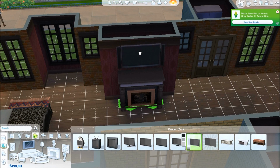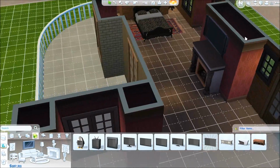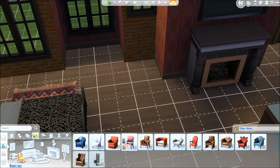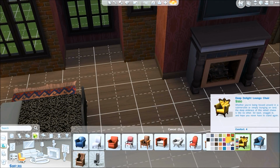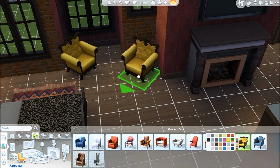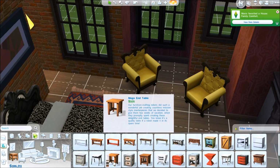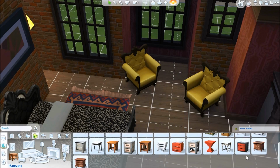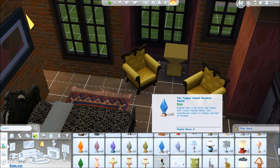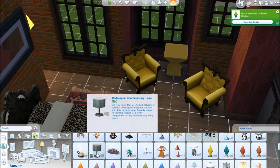But yeah, so we have pools coming in. We just got ghosts, and I believe along with the pool update, we also got kind of a buy debug mode. If you guys remember from The Sims 3, buy debug was a cheat that you were able to enable, and you were able to see objects that you won't normally see in the regular build buy mode. So that's where you found your